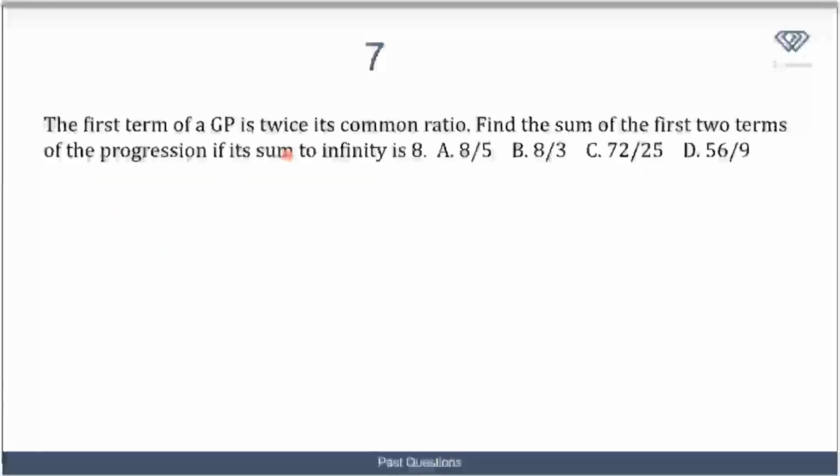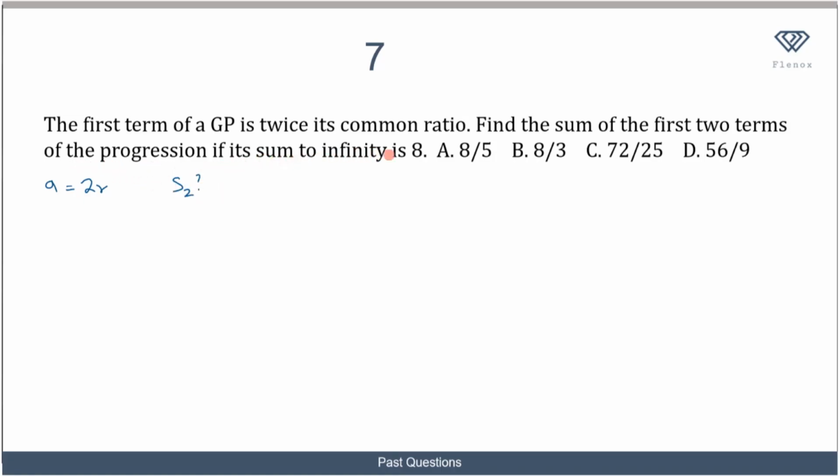Now let's move on to the last question that I'll be examining. Here we are told that the first term of a GP is twice its common ratio. So we are told that the first term of a GP is 2 times the common ratio. We are now told to find the sum of the first 2 terms of the progression, S2,